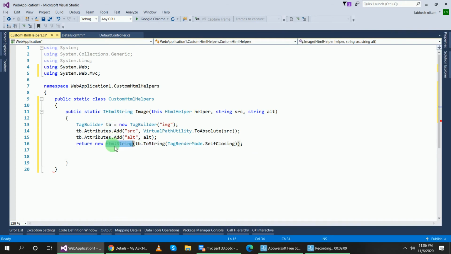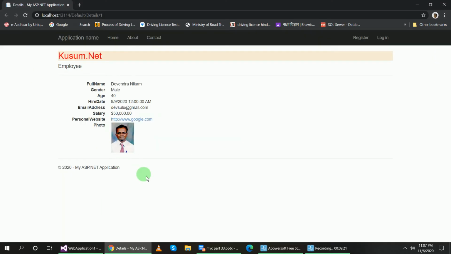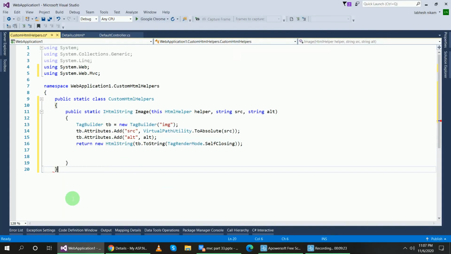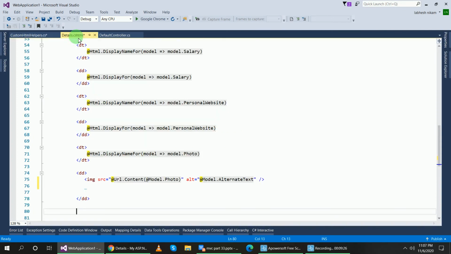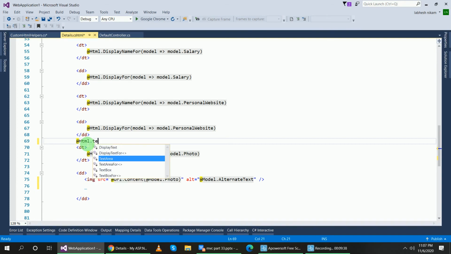And I return the result as an HTML string, because I have used this HtmlString here. And why do I use this HTML helper here? Because this HTML helper class contains all these tags. If you use @Html.DropDownList, or if you want to use @Html.TextBox, then you are using this Html.